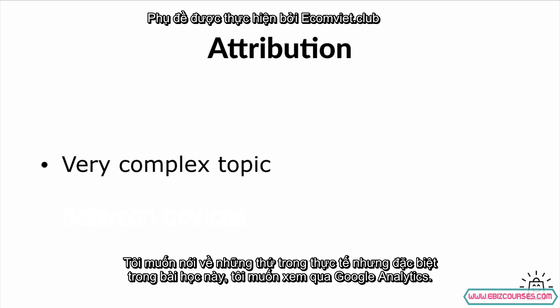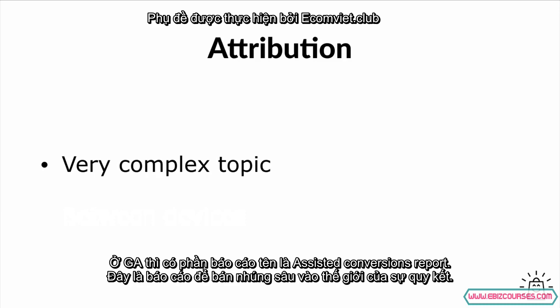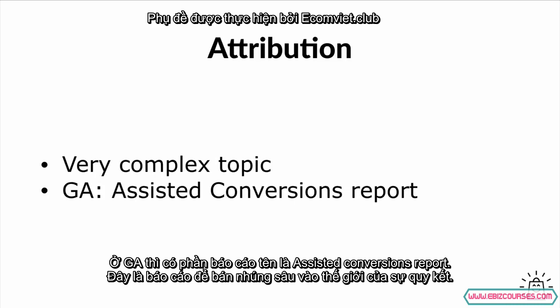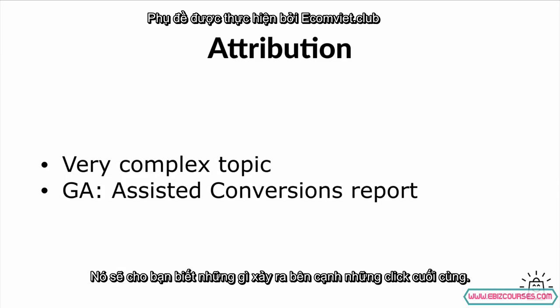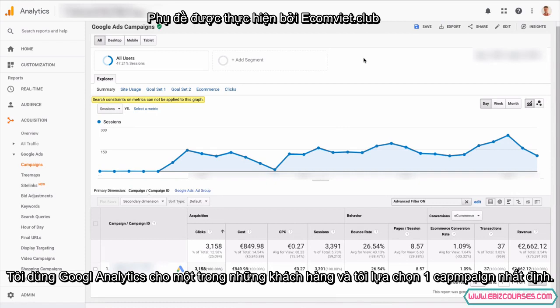but in this particular lesson, I want to take a look at Google Analytics, at a Google Analytics report called Assisted Conversions Report. And this really is a report where you start diving into the world of attribution. And what this report does is it gives you an idea of what happens besides only looking at that last click conversion. So here I'm in the Google Analytics account for one of my clients,